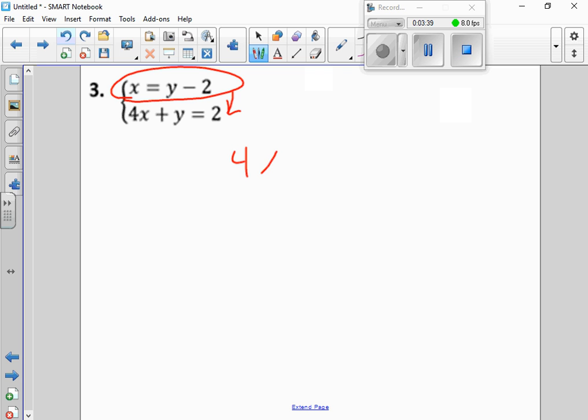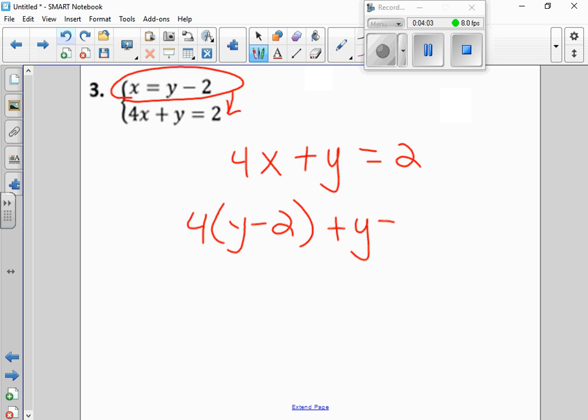So we have 4x plus y equals 2, and it's telling me x equals y minus 2. All it's telling you to do is wherever you see x, you put in y minus 2. So 4, remember when you're substituting in, everything needs to be in parentheses,